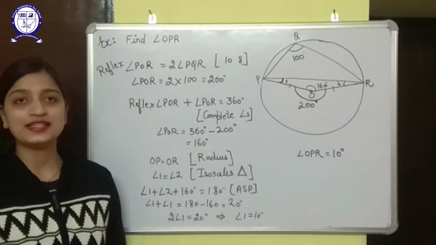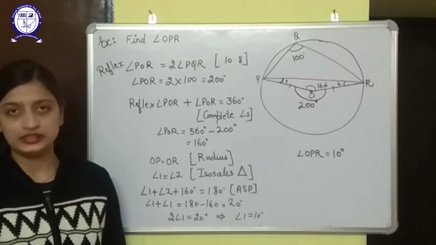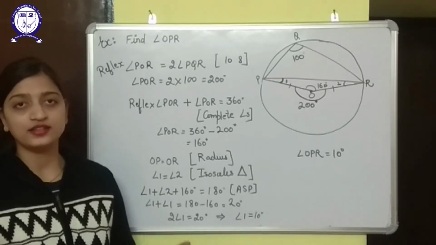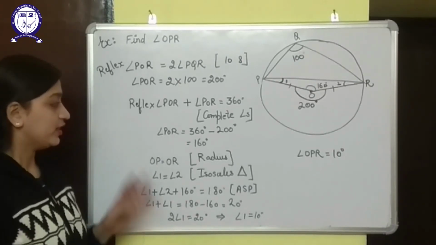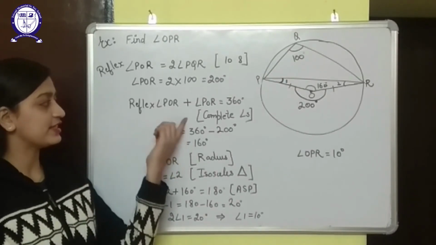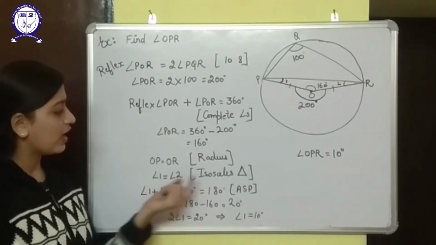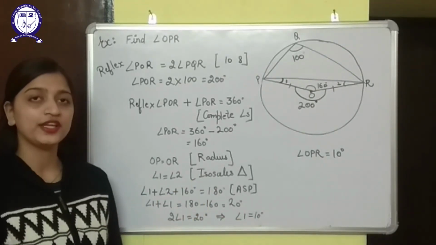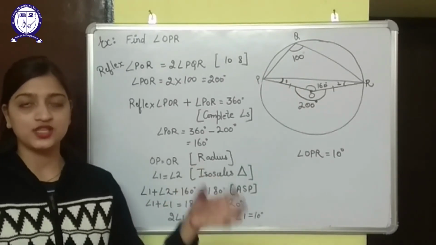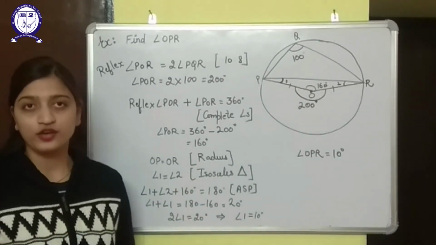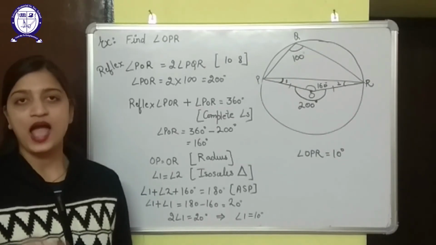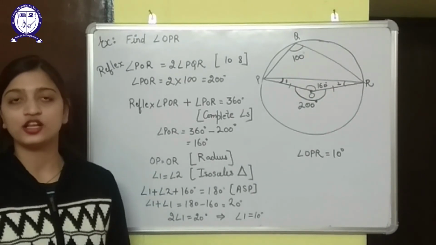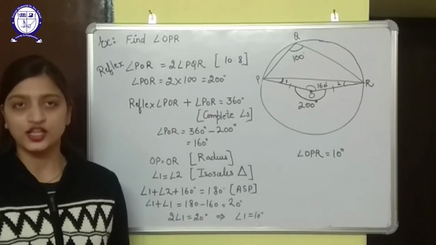So by this you can see that the different chapters of geometry are interrelated. We are applying the results of some other chapters in this chapter, and in almost every question we are doing that. In this question, first I applied chapter 6 lines and angles. Then I applied chapter 7 isosceles triangle. Then again I applied angle sum property which we learned in chapter 6. So chapter 6, that is lines and angles, congruent triangles, quadrilaterals and circles, they all are chapters of geometry and they are interrelated. Any result from one chapter can be applied in the other chapters.